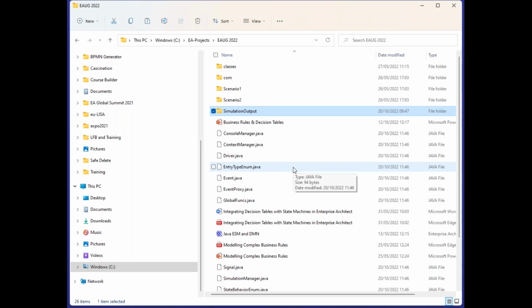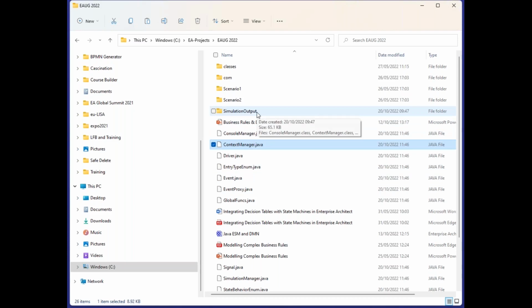So the first time you generate the code for the state machine, that folder is created and the classes are copied across. But on subsequent changes, as this folder exists, it doesn't copy the code across from the decision table. So if you do change the decision table, go in here, delete that folder, just send it to the recycle bin, and regenerate the state machine. It will pick up the latest version of the decision table and all will work.